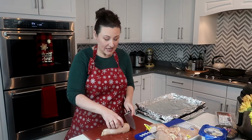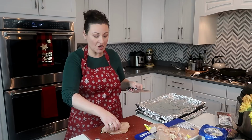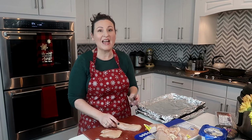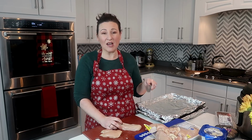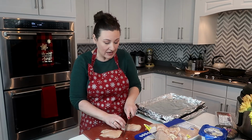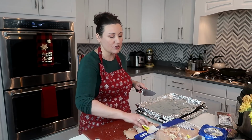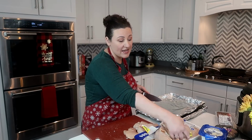One thing with chicken, if you are not using a local free range and you know that the chicken's been eating grass and not eating feed and stuff, I tend to like to do chicken breast, because the fat is where a lot of the hormones are stored, and the bad chemical stuff is just stored. That's just how it works in the fat. So I try to buy leaner cuts of meat if I'm not gonna buy super high quality, know that it was pasture raised and not fed